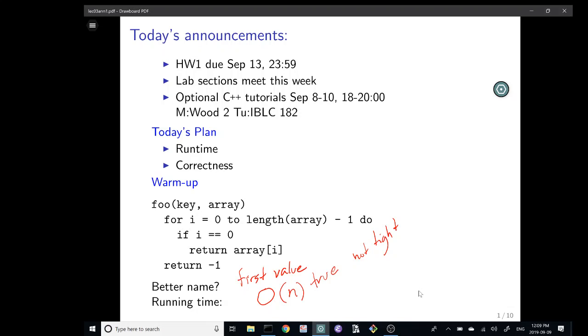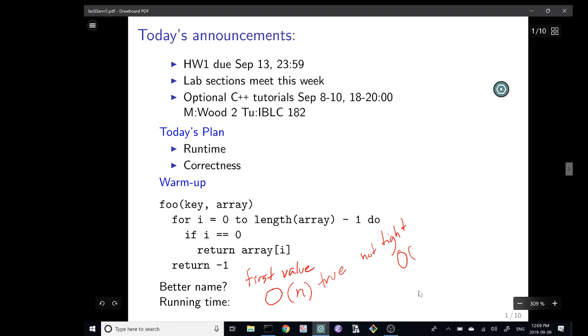For this code, what is its running time as a tight, asymptotically tight bound on the running time? Now you're a little gun shy because you're already like the people that said, no, it's not n, it's something else. But you're right. You're absolutely right. Don't be gun shy. You, right back there. 1. Excellent. The running time is also big O of 1. It's less than or equal to some constant times 1, because it's some constant.